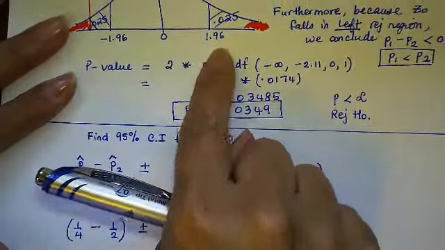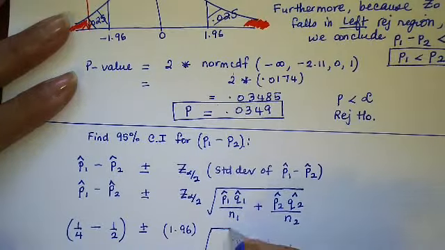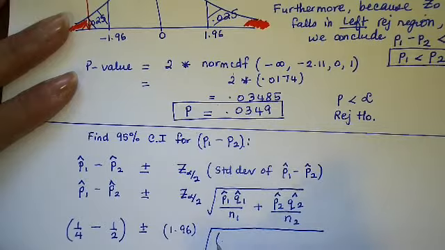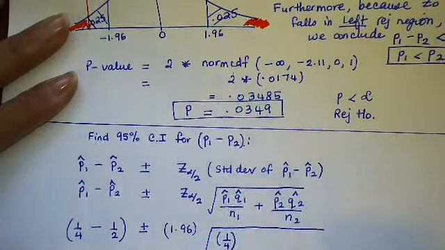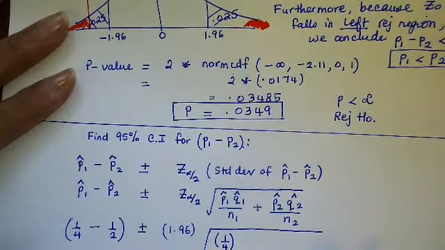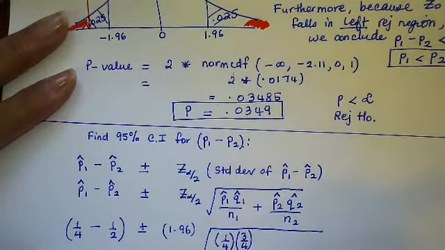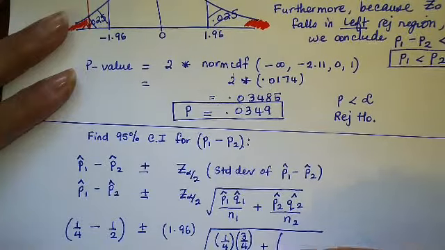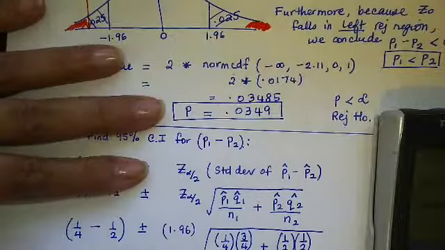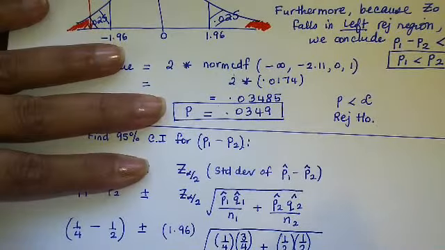So from my case here, this answer would be P1 hat 1/4 minus P2 hat 1/2 plus or minus Z alpha over 2, which is 1.96. It's this number right here. Radical P1 hat 1/4, Q1 hat 3/4 over N1, which is 20, plus P2 hat 1/2, Q2 hat also 1/2 over